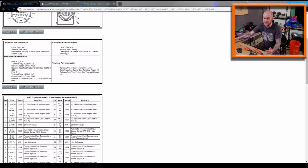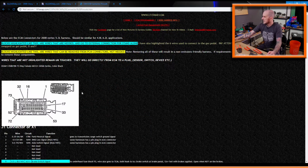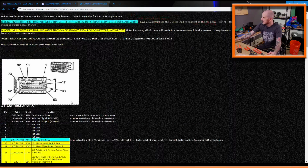Let me go ahead and show you. Clint, I don't know what you're using as far as wiring diagram stuff. I know you said you were looking at what wires to remove. Like I said, I don't use BCM, so I don't know if I can be much help for you there. But I don't know if you're familiar with this website. This is called lt1swap.com. I'm on the Gen 4 page right now. So they've got some decent information. It's a little bit out of date here and there, but they got the pinout for the E38 computer that the LS3 runs off of, and they've got highlighted here, I believe,